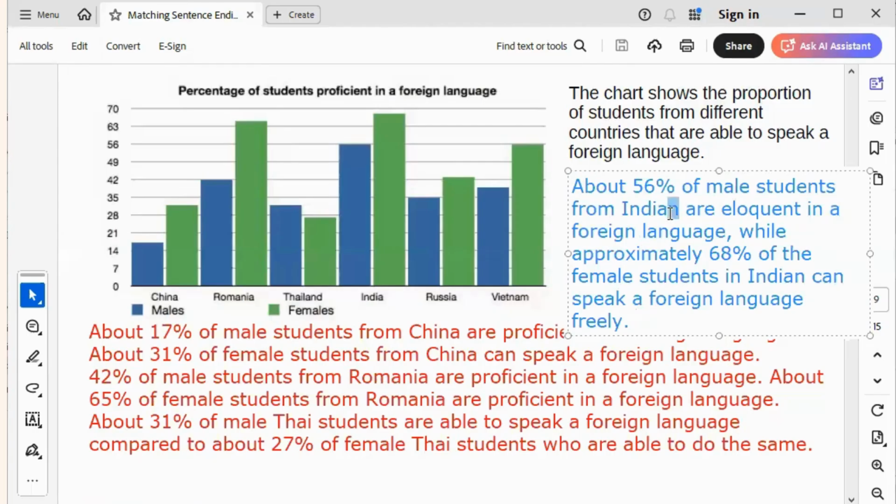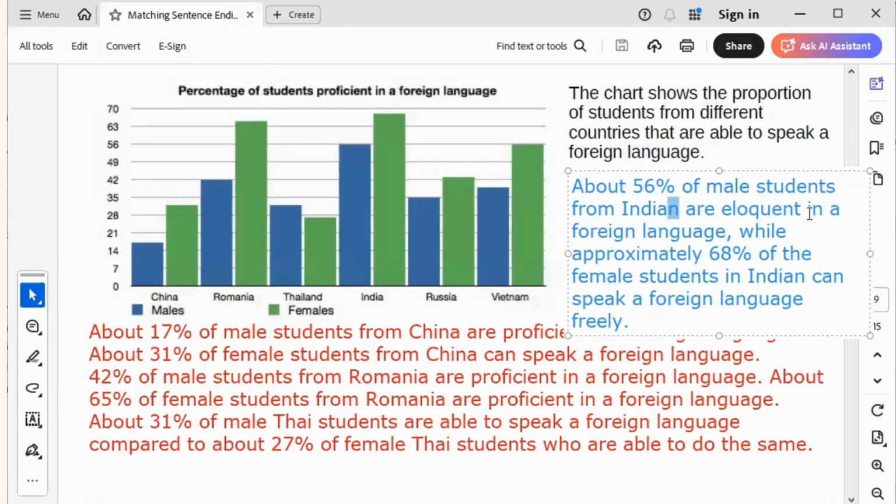No, you don't need to put N there. What is the difference between Indian with N and India without N? Who can tell me? It's just like Nigeria and Nigerian. If you travel to UK and then you are coming back to your country, you will not say, I'm going back to Nigerian. No, you will not say that. You will say you are going back to Nigeria, the country. Okay? So, male students from India, the country, okay,